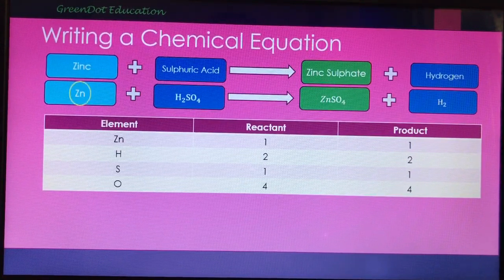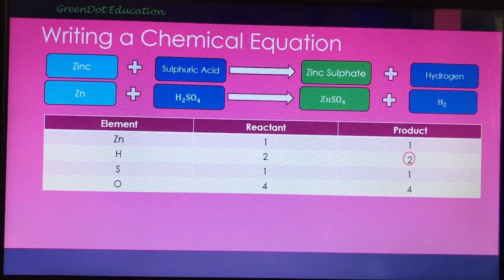Zinc on the reactant side has one atom, whereas on the product side it also has one atom. Then let's come to hydrogen, that is H2. There are two atoms on the reactant side, and similarly it also has 2 atoms on the